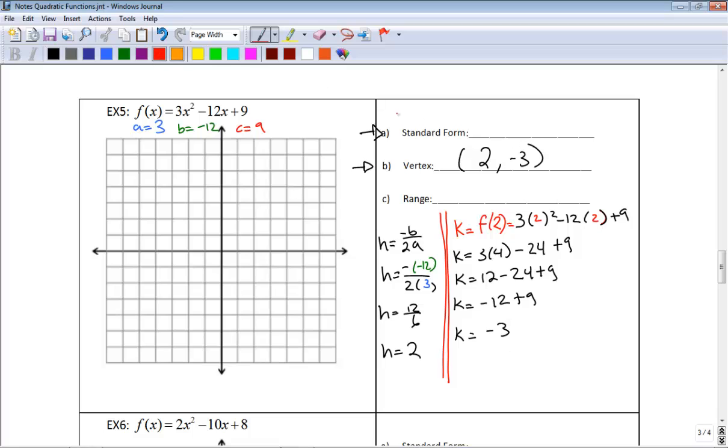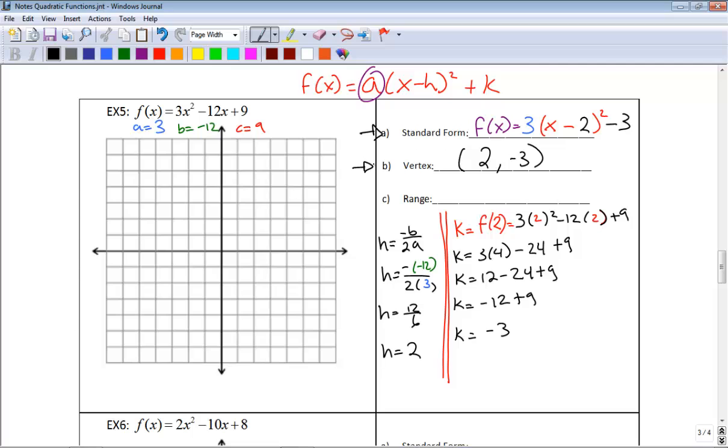Now that I know H and K, I can plug into standard form. So remember, standard form is f of x is equal to A times x minus h squared plus K. So let's go ahead and find standard form. F of x is equal to A. Well, what's A? A is the original A, which is 3. Then I open up those parentheses, x minus, well, minus what? Minus the x value there, which is 2, quantity squared plus K. Well, plus a negative 3 is honestly the same thing as saying minus 3. So instead of writing plus a negative 3, we just write minus 3. So the standard form for this quadratic is f of x is equal to 3 times x minus 2 squared